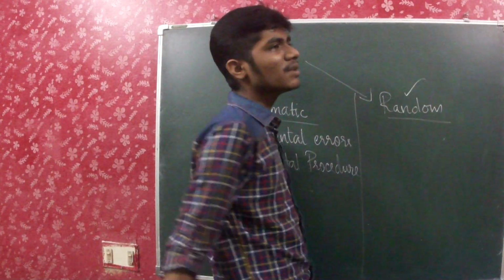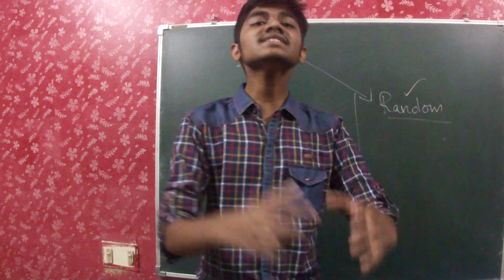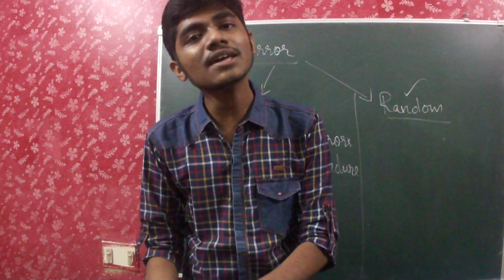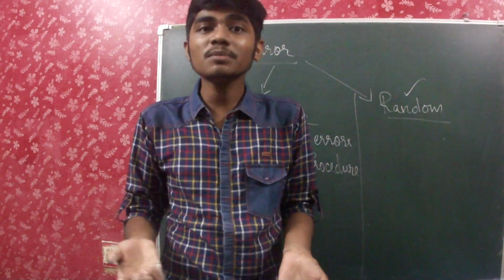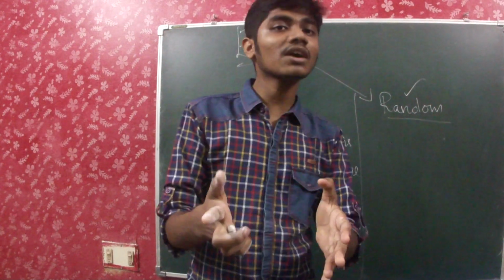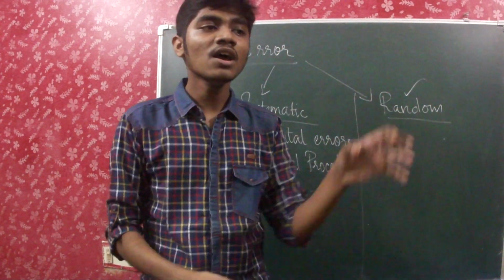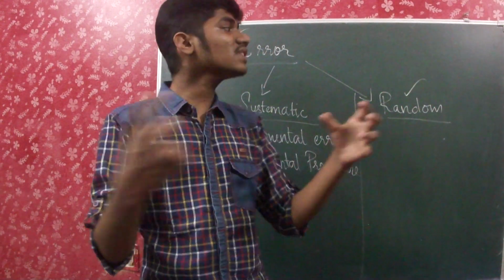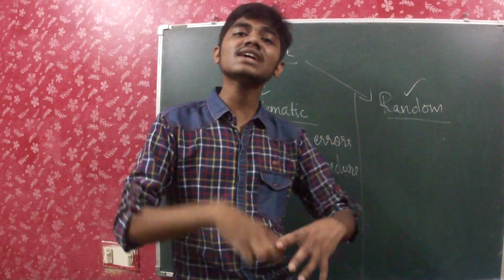So what is random error? Random error is nothing but an error that is not certain to take place. It's unpredictable. Sometimes you will do an experiment one time, and the next time you repeat the same experiment, but the observations will be different. The values which come out will be so different. This must have occurred for you also. Even for me it has occurred. For the first time I will be getting 2.5, and the next time I will be getting 3.5. That kind of error is known as random error, and it's unpredictable.